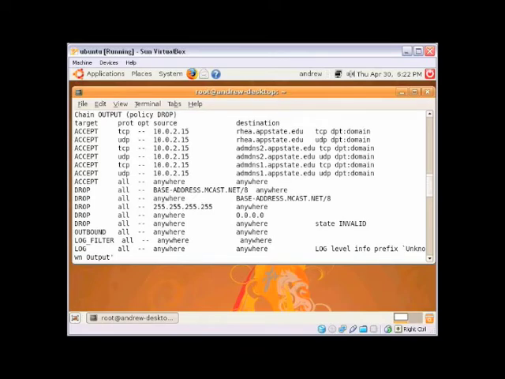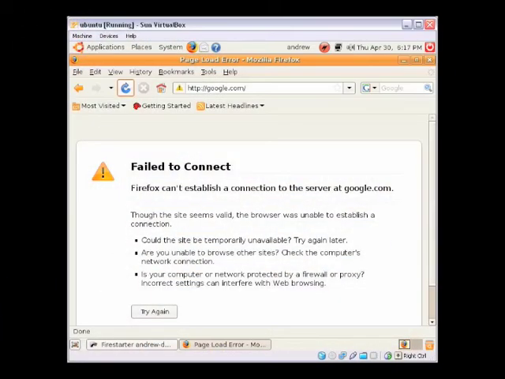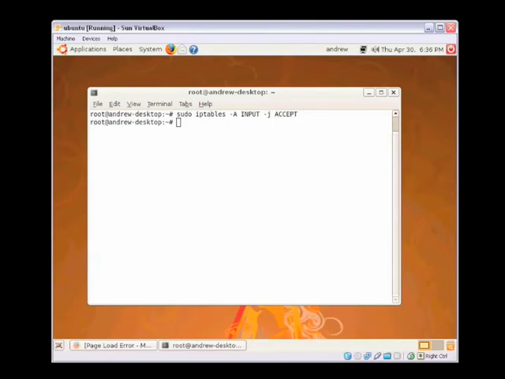This is the iptables within Ubuntu. It's pretty much like a command line version of Firestarter. You can block all connections like we did in Firestarter by using this command. And this is what it gives you. This is how you get rid of it so you can actually get back on the internet and do whatever you need to do.